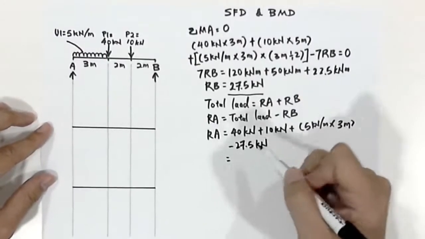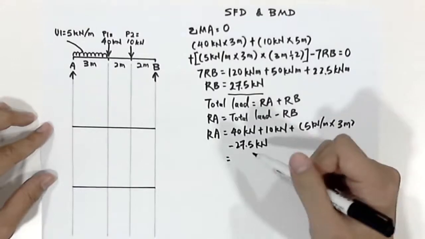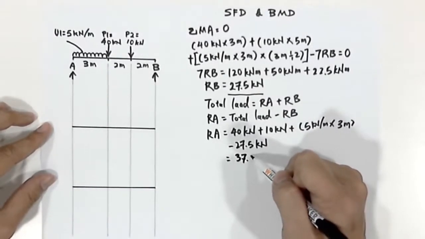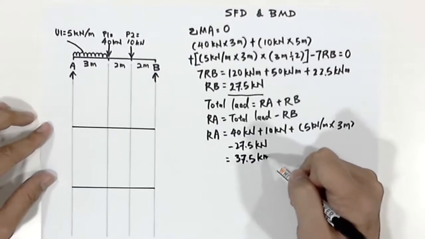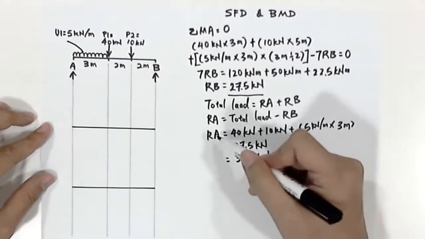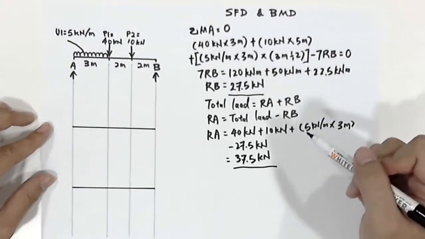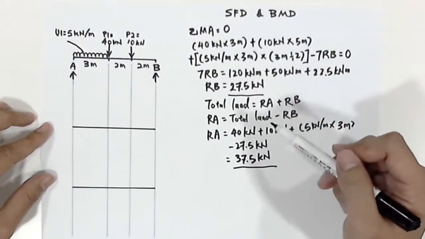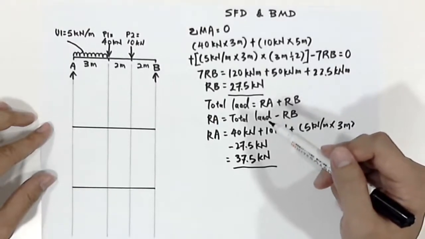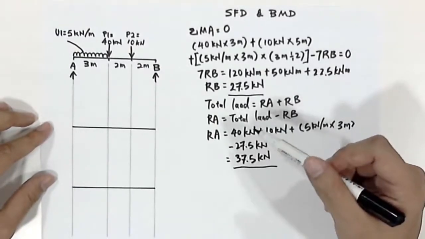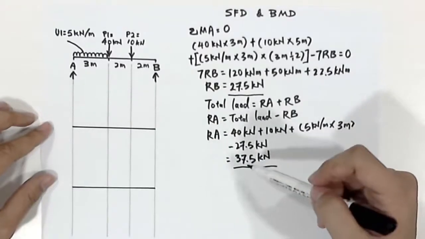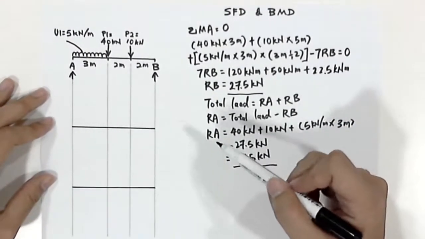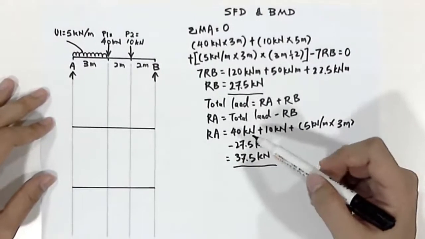So if you solve this calculation, what we'll get is 37.5 kilonewton. This is our RA. Once we have RA and RB, we can start to work on our shear force diagram. By using a graphical method, we can draw the shear force diagram, on support A, with a value of